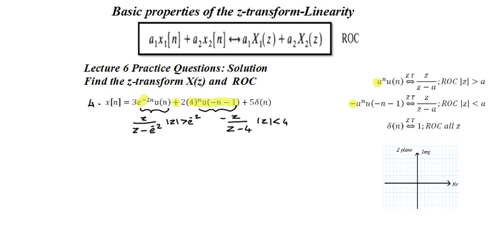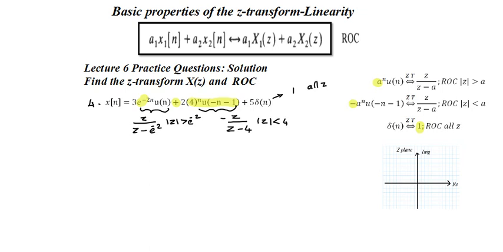And now we need to write this transform of 5 into del of n. Del of n is a unit impulse signal, and the transform of impulse signal is 1, and the ROC is all Z. So I can write this transform is equal to 1, and the ROC is all Z. Okay, so we got 3 signals, and now we need to check the ROC of the signal, and we'll take